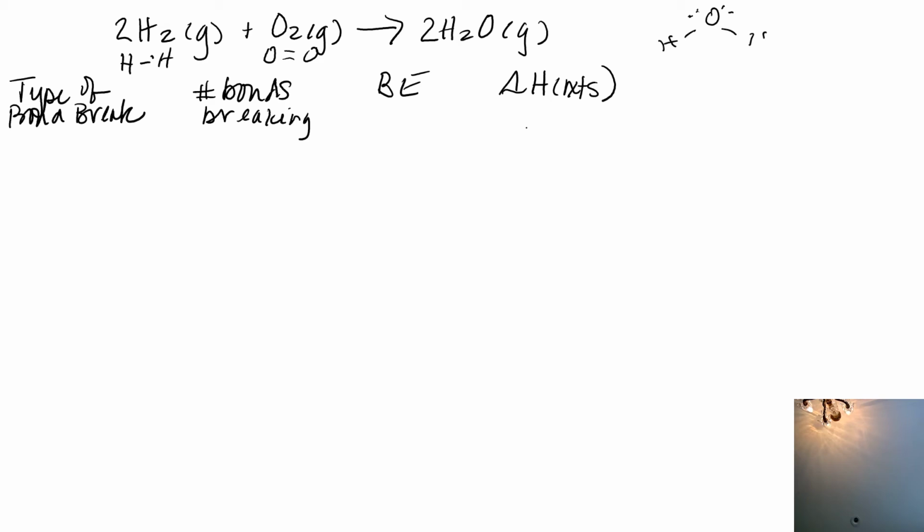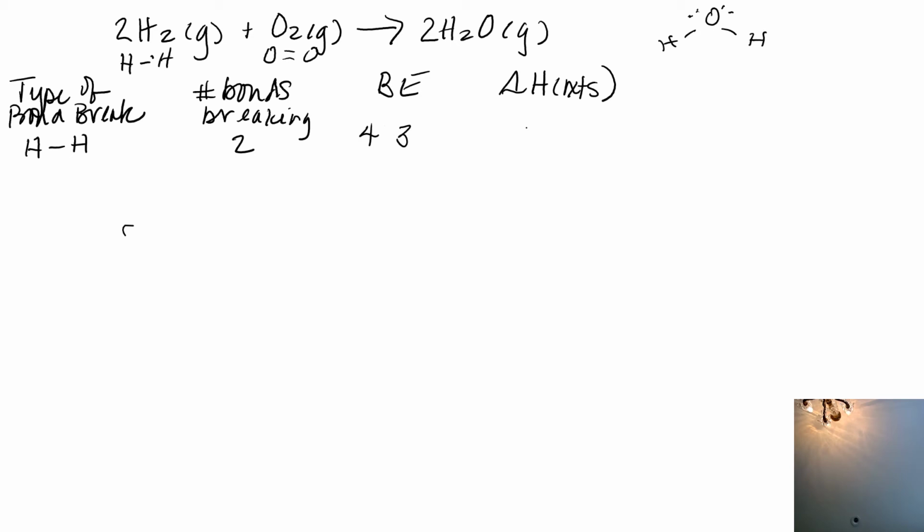I have 2 O-H bonds in 1 mole of water. So H-H bond, and I have 2 of them because I have 2 moles, and I looked up the bond enthalpy for that bond, which is